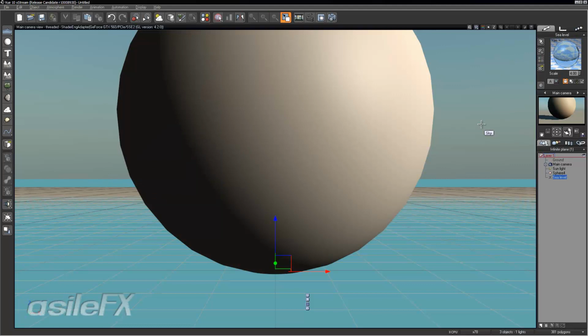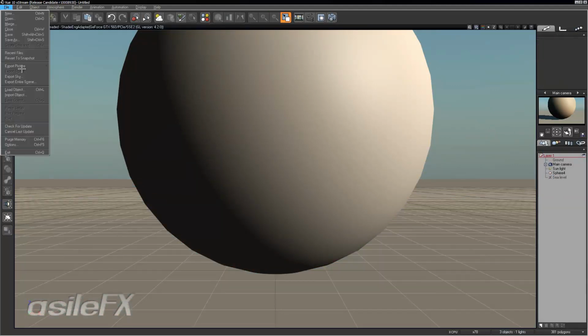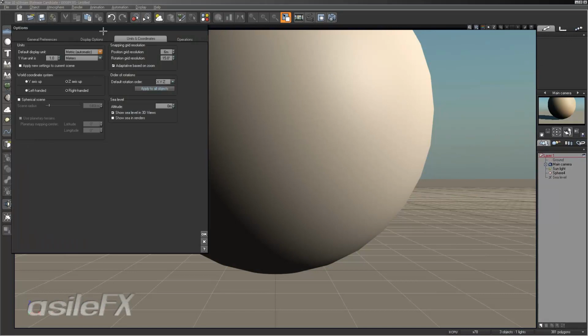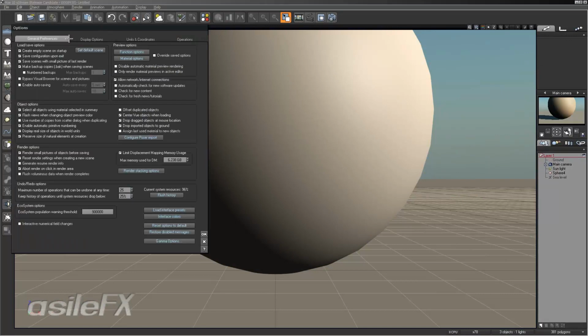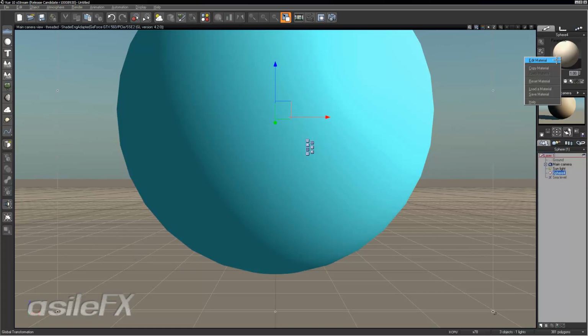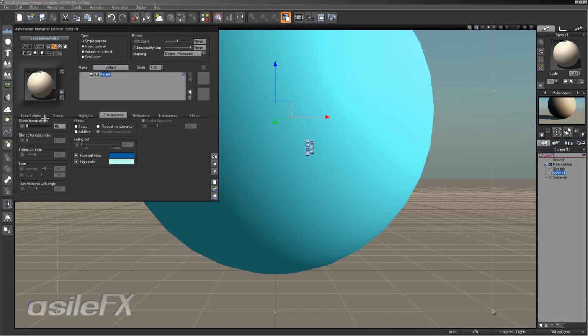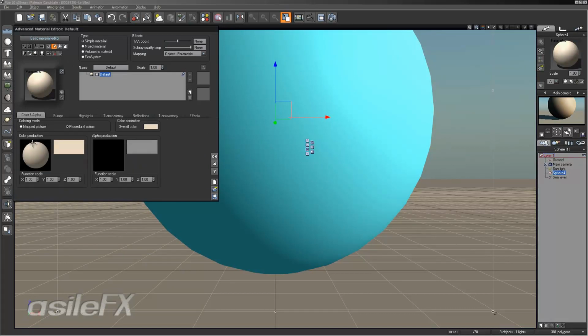Although in order to permanently change this material, you do need to save the scene default. So if you go to File Options, General Preferences, after you change that sea level object, you can set the default scene. And this is primarily so you can go through the individual channels of the material and set individual